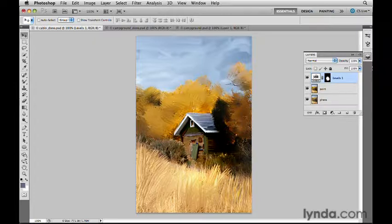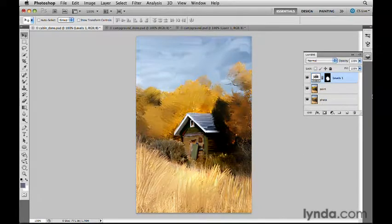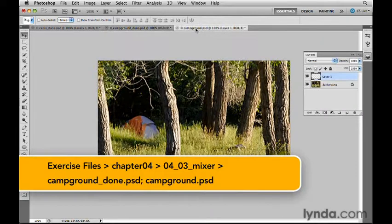This example took me only about 10 or 20 minutes to make, and I don't have any particular painting skills. I'm a photographer. Here's the original image from which I started, and here's where I ended up, using the Mixer Brush along with several preset bristle tips. Here's another painting that I made from a photograph. And here's the original photograph on which I'm going to work in this movie to show you how to use